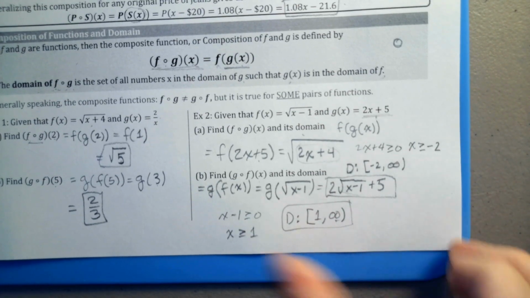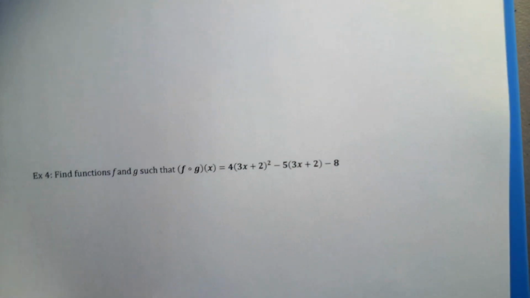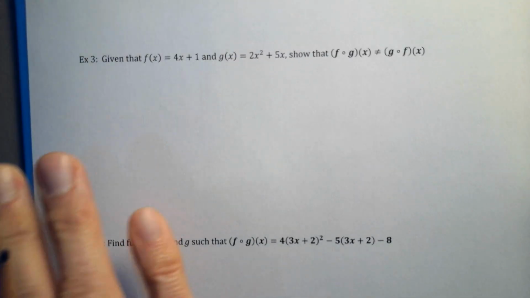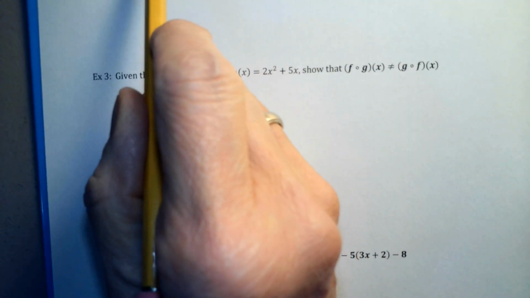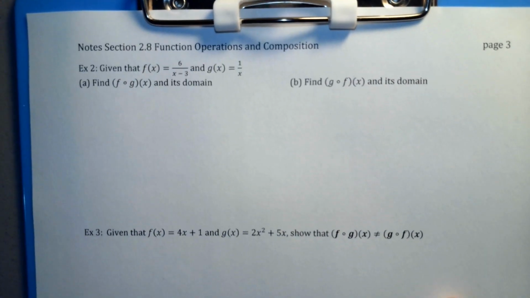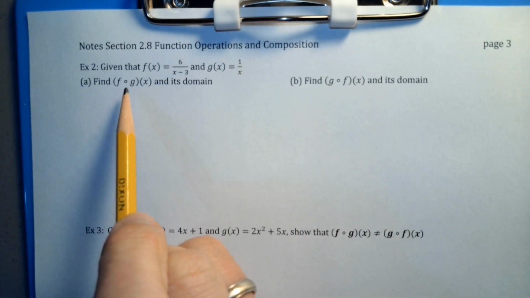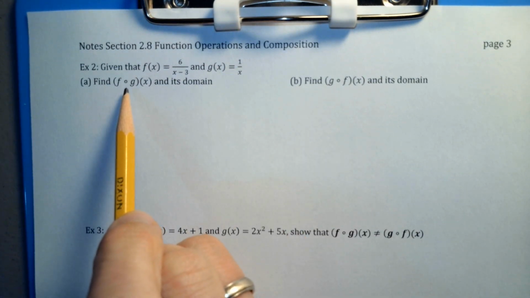Okay. All right, let's move on to page 3. Okay, page 3 then. We're given two functions, f of x and g of x. Oh, sorry, can't see that. We're given f of x and g of x, and now we're asked to find the